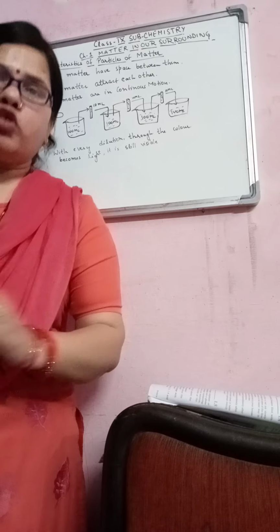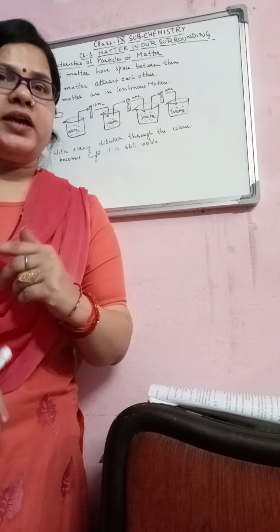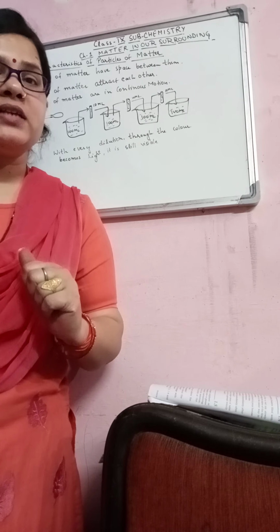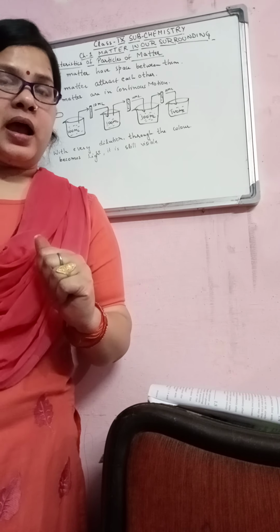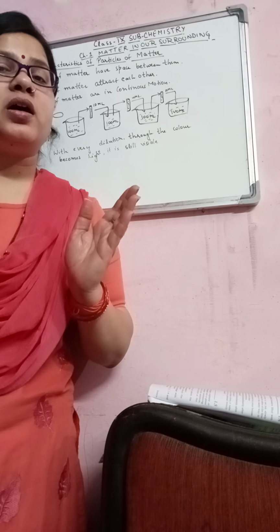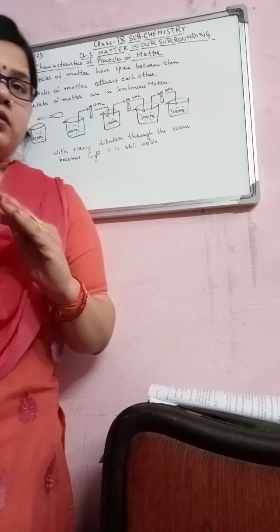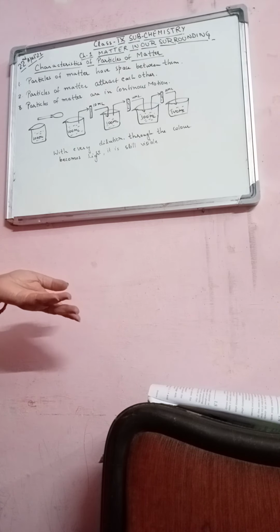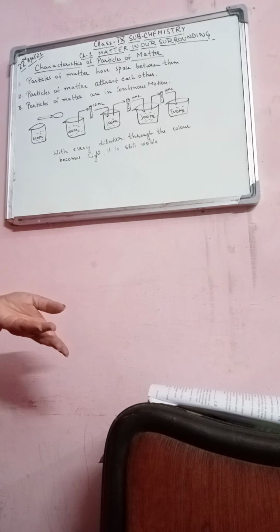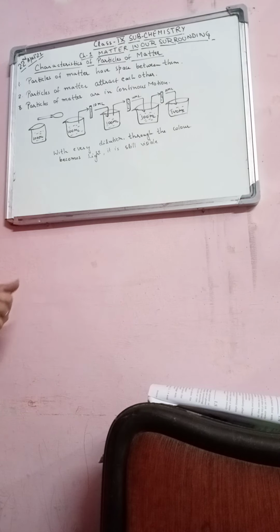As I have already told you, what is matter? Anything which occupies space and has mass is known as matter. Many examples I have given you. And matter is made up of the 5 basic elements, right? That will be water, earth, sky, and so on. So these are the elements which matter is made up of.